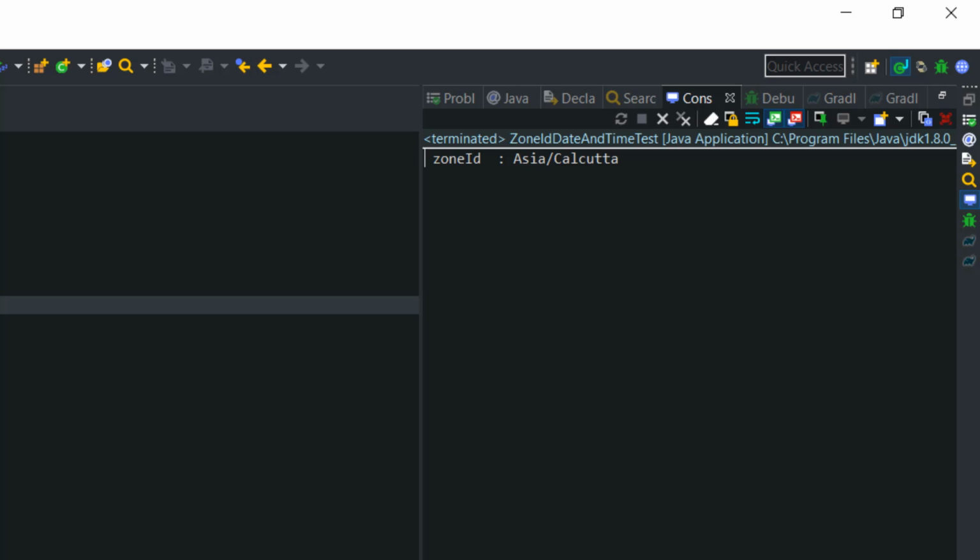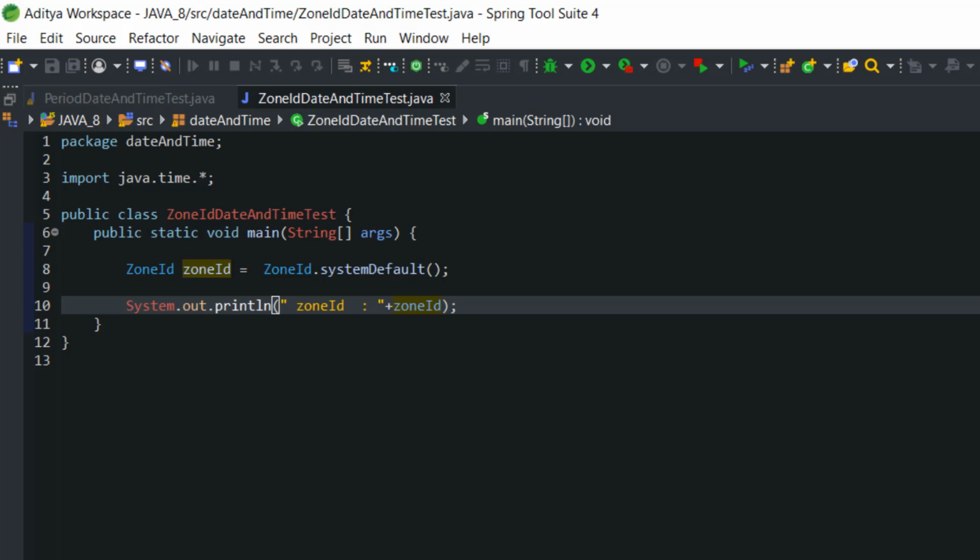Now what if I wanted to know the timing of a different zone? For example, I wanted to know the time of the Asia/Singapore zone. How am I going to do that?